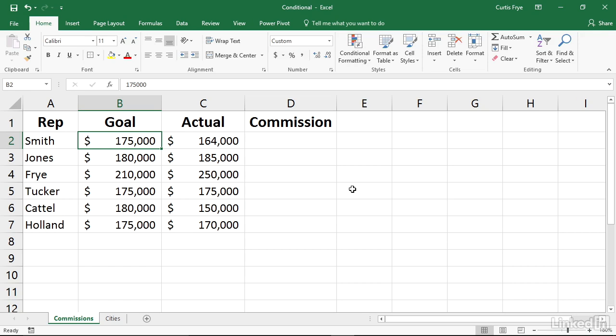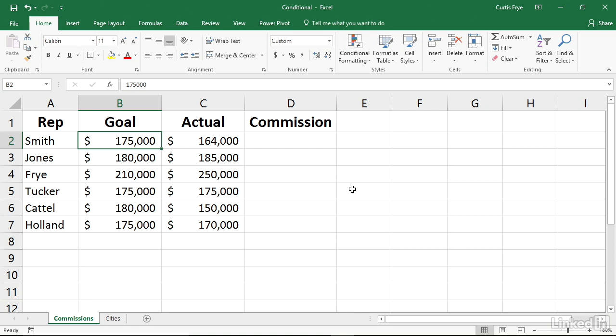Most of the formulas you create in Excel will always perform the same calculation. For example, you might need to multiply a sales total by 5% to compute a transaction's sales tax. There will be times, however, when you only want to perform calculations if the inputs meet one or more criteria. In this movie, I will show you how to use conditional functions to perform specific calculations when those criteria are